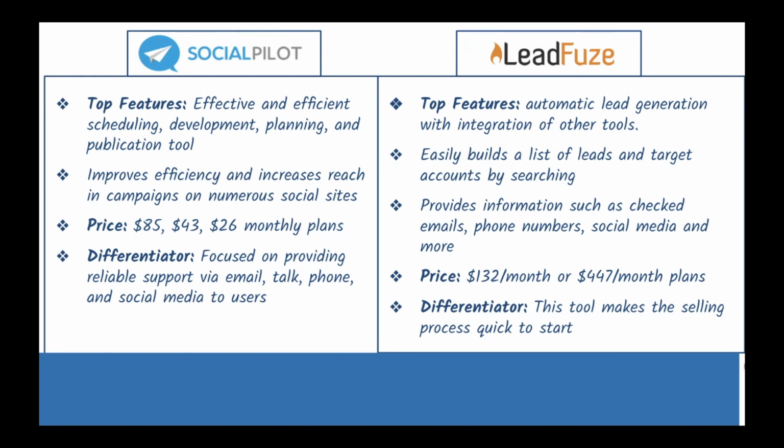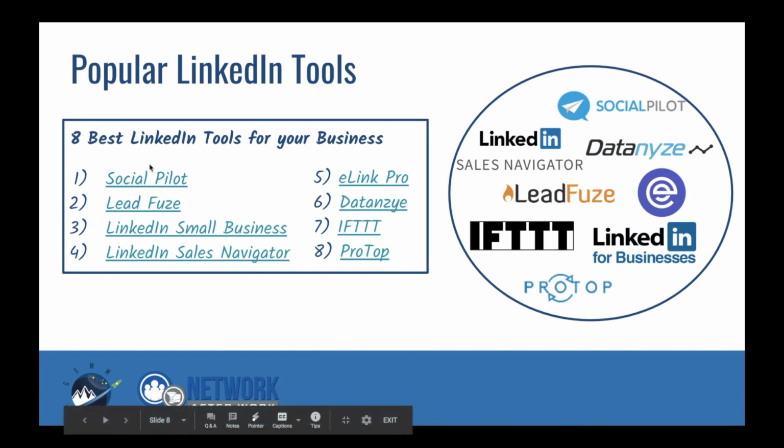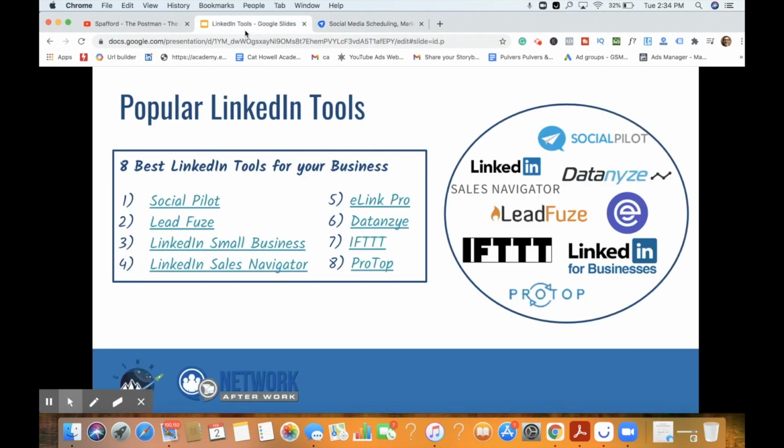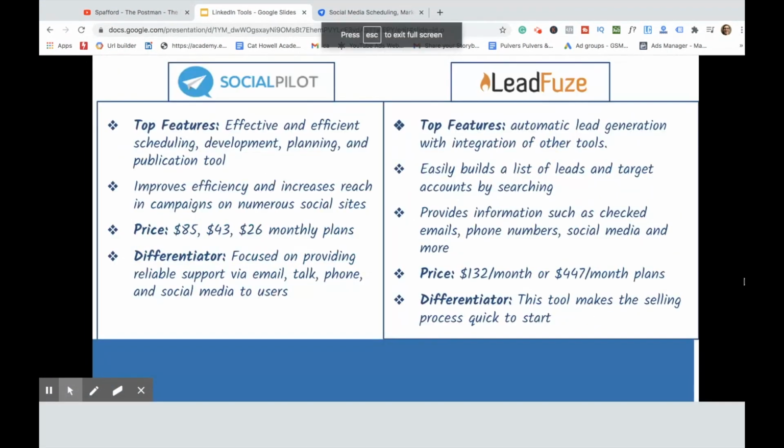Social Pilot is an effective and efficient scheduling, development, planning, and publication tool that improves efficiency and increases reach in campaigns. They have price points anywhere from $26 to $85 a month, and they're really focused on providing reliable support via email, phone, and social media to users. So I'm going to go ahead and pull that up so you guys can see what the platform looks like, right? This is socialpilot.co. If you want to check out some of their plans, you've got the website URL right there. Moving back to our presentation,